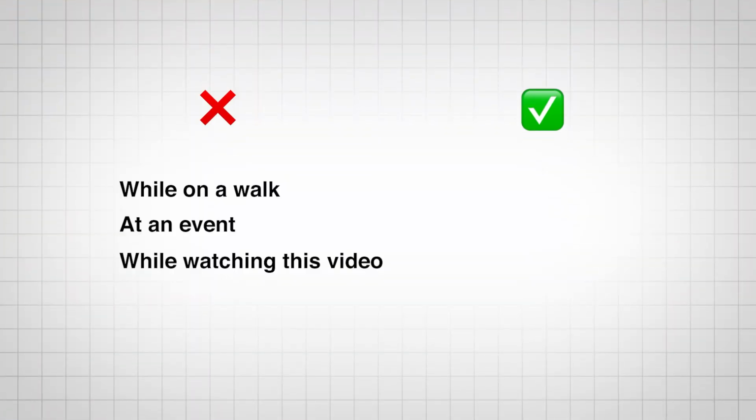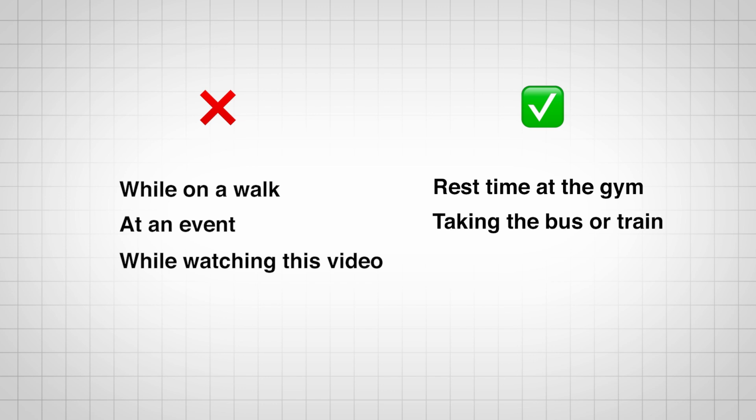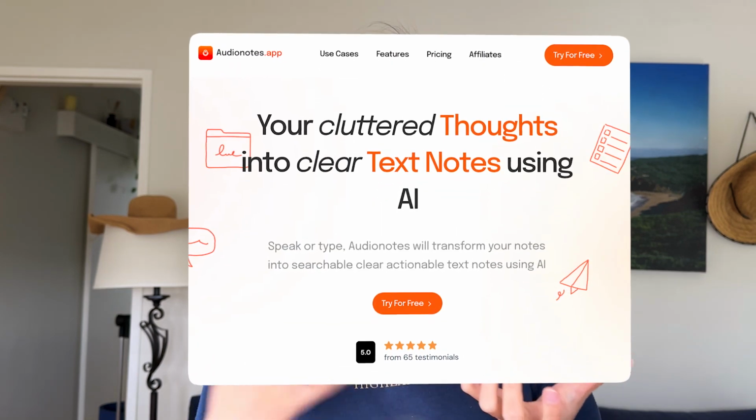3 good examples of dead time are rest time at the gym. I like to respond to messages, taking the bus or the train. But if you get nauseous in moving vehicles, I tend to just record voice notes for whatever I'm trying to learn or study and listening to those on transit. And same as if I'm going on a walk, I like to record voice notes and brainstorm during my walk. So I'm off my phone, but I'm still feeling like I'm getting something done. And also walks are when I'm most creative. Then I put it through an AI transcriber and summarizer and just copy paste those notes for later.